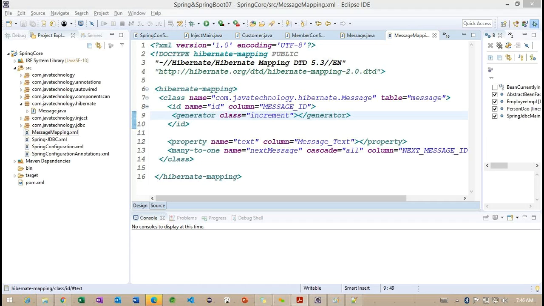Right. So after the mapping, we need to work on the connection related information. Getting the point. To work on this connection related information, we want to check with the session factory and session related information. Right.